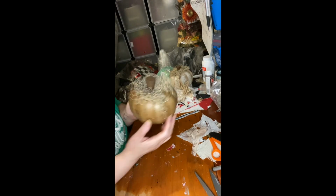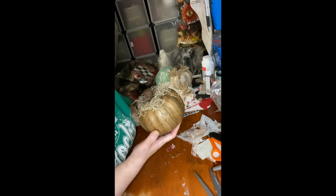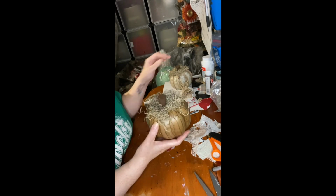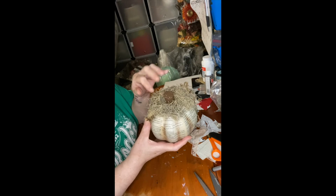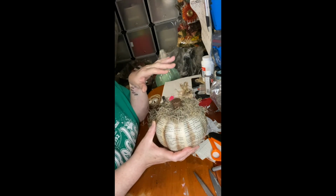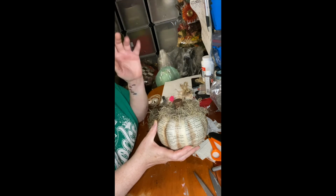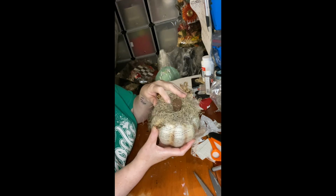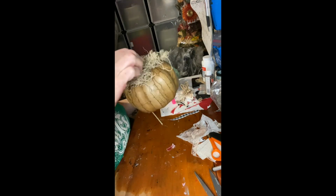Okay, so this is what you have. Again, these are cork stoppers I bought from Amazon. They're not as big as a tree piece, you know, because I don't have none. I have some in storage, and I refuse to buy any more. I have a whole bunch of autumn decor stuff. So what I'm going to do with this one,